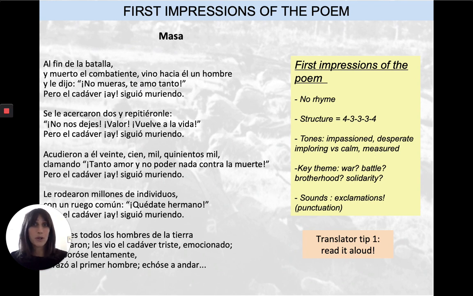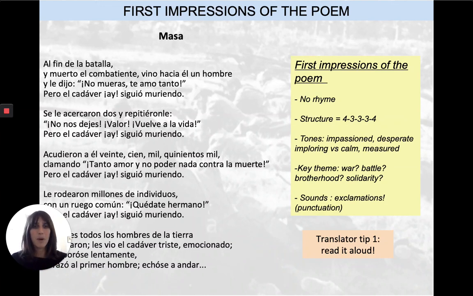So, you might not speak Spanish as you're watching this video, you might not know what it's about, but maybe you even were able to grasp something from some of the exclamations that I made. So this poem is quite impassioned, and here you can see, even if you don't speak Spanish, that there's some speech going on. We've got some speech marks. So someone is speaking, and the exclamation mark usually means that someone is crying out, or weeping, or shouting, and so hopefully you could hear in my voice that there's some sort of passion and perhaps pain and imploring and